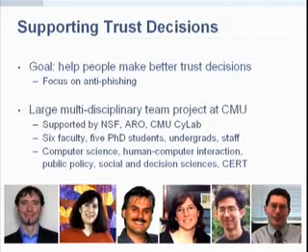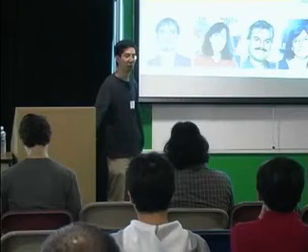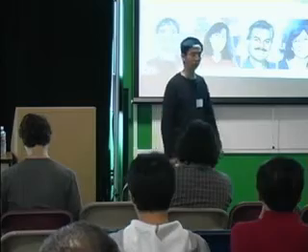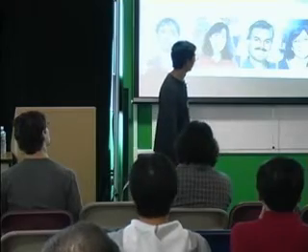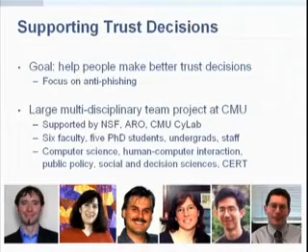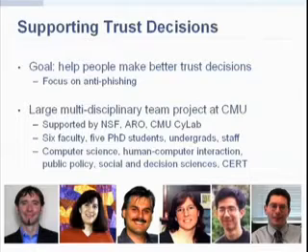We have 6 different faculty, 5 PhD students, undergraduates, and staff. And we are all from very different backgrounds. So I'll just go quickly through who the different faculty are. This is Alessandro Acquisti. He's in the School of Public Policy. He's an economist by training. This is Lorrie Cranor. She is probably best known for having developed P3P, the privacy policies. This is Sven Dietrich. He's part of CERT, the Computer Emergency Response Team. This is Julie Downs. She's a social psychologist by training and is part of the social decision sciences. This good-looking guy is me. And this is Norman Sadeh. He's an expert in commerce as well as machine learning.